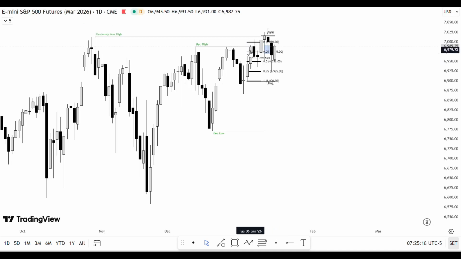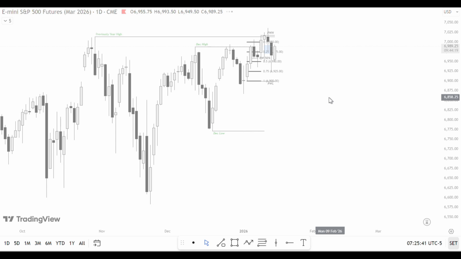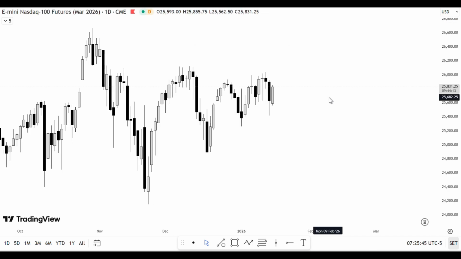But if you look to the ES, which is S&P 500, and you will give more weight to the S&P. Why? Because it contains 500 companies, and NAS contains 100 companies, but Nasdaq is a separate market. Okay, it's the accumulation of 100 companies. Okay, so let's start with the real thing.